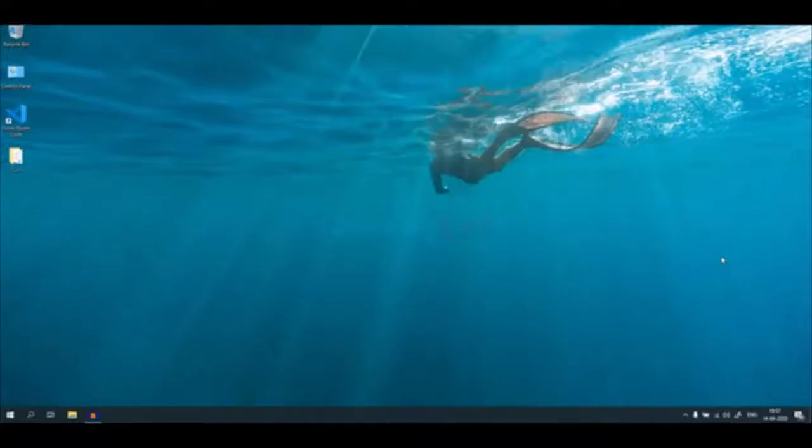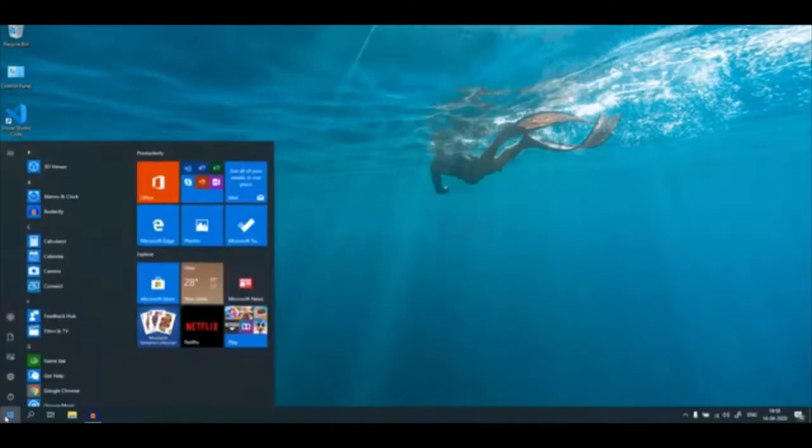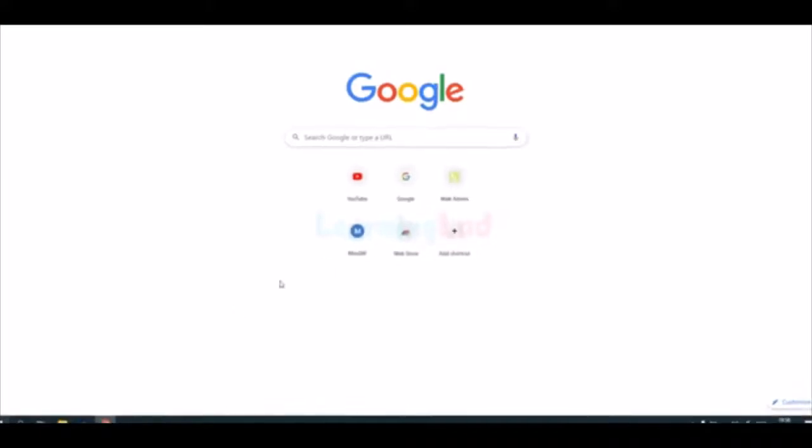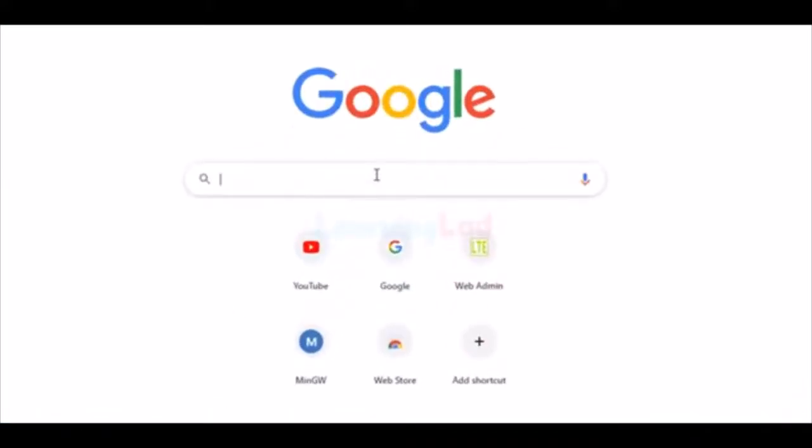We will see how we can download and install Eclipse IDE in Windows 10 operating system for Java development. So the first thing that we have to do is open up any browser. I have Google Chrome, so I'm going to open it up. And here in Google, we will search for